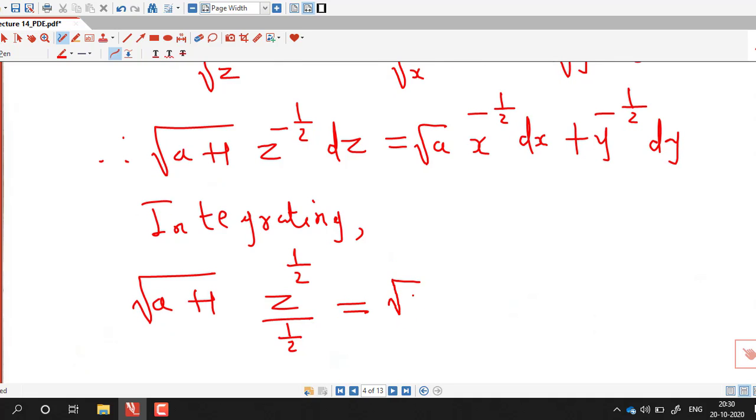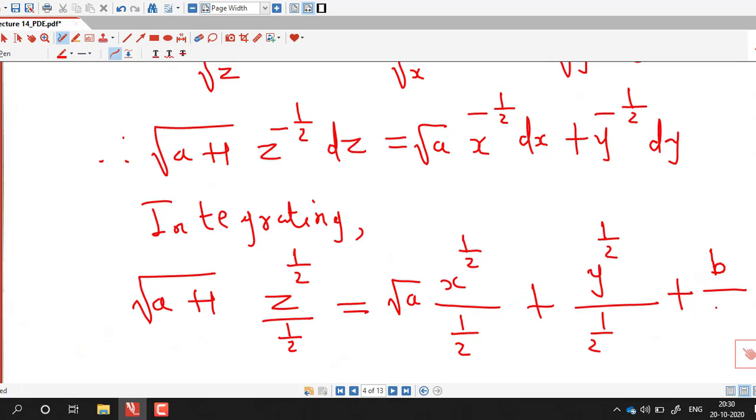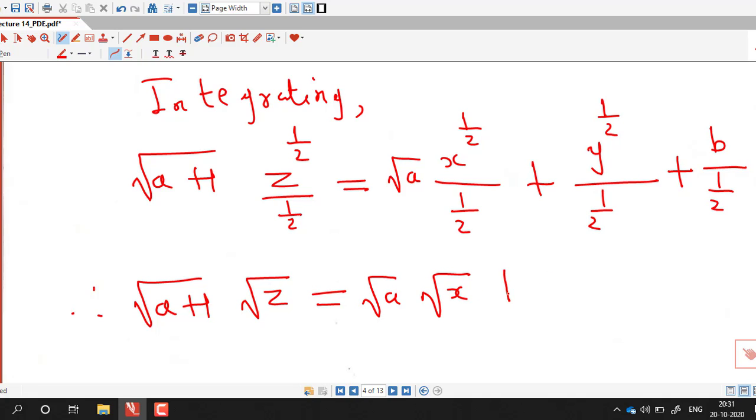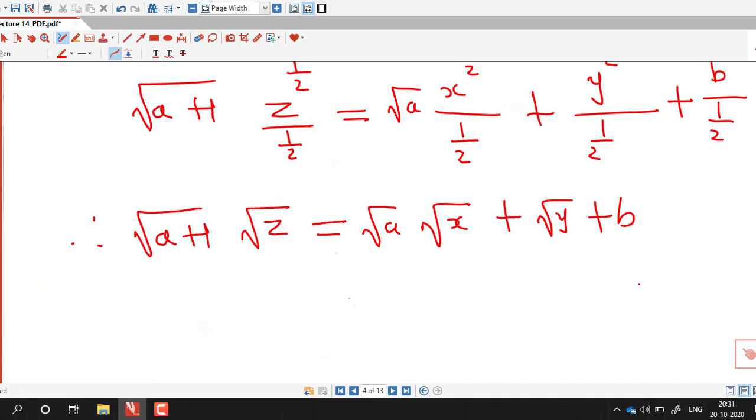Same thing here, x to the power minus 1 by 2 plus 1 divided by 1 by 2, and y to the power minus 1 by 2 plus 1, which is 1 by 2, divided by 1 by 2, and constant of integration I adjust as b divided by 1/2 because I am having 1/2 in each term, so that I can cancel out 1/2 from each term, and this I rewrite as square root of z equals square root of x plus square root of y plus square root of b. So this is the required complete integral,